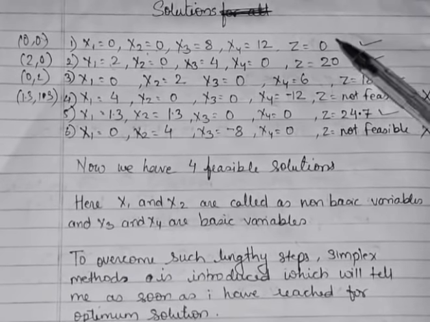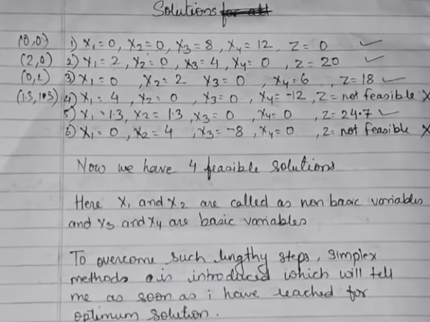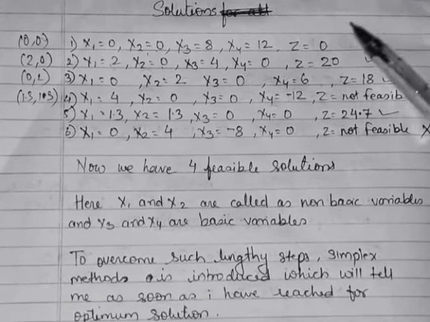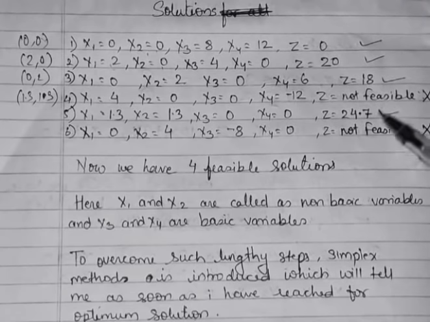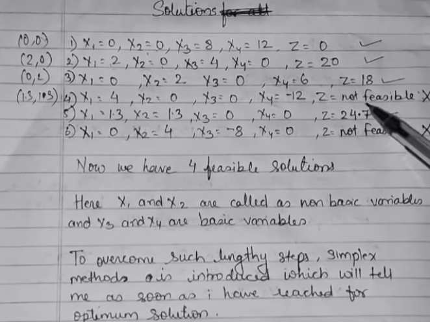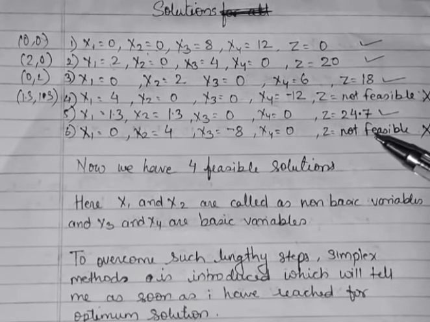So I have to calculate everything, so it is a lengthy process. So the simplex method was invented. Now in the simplex method, the benefit is that we start in the same way as the algebraic method, but as soon as I get an optimal solution, the system will tell me that you don't need to go further. This is the optimum solution, right?